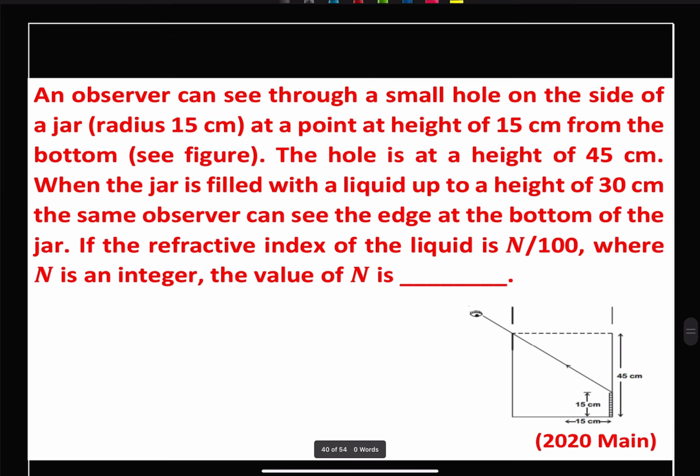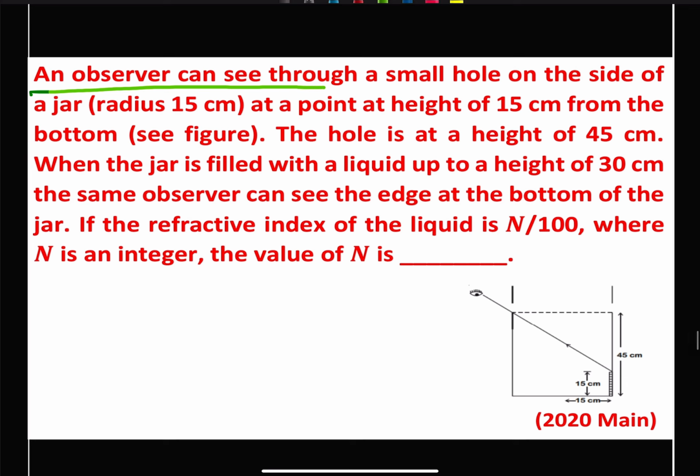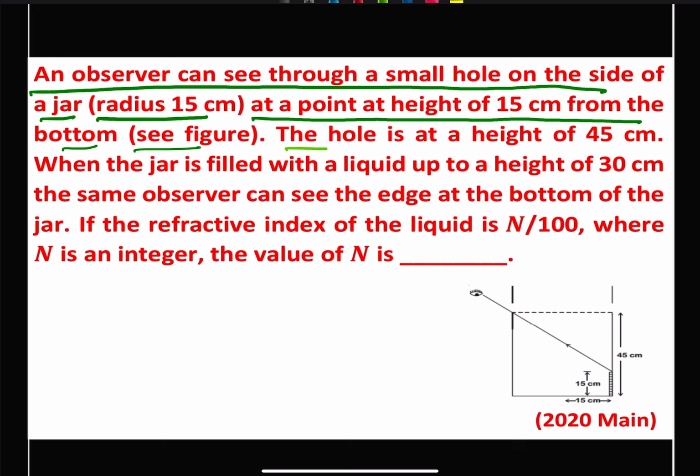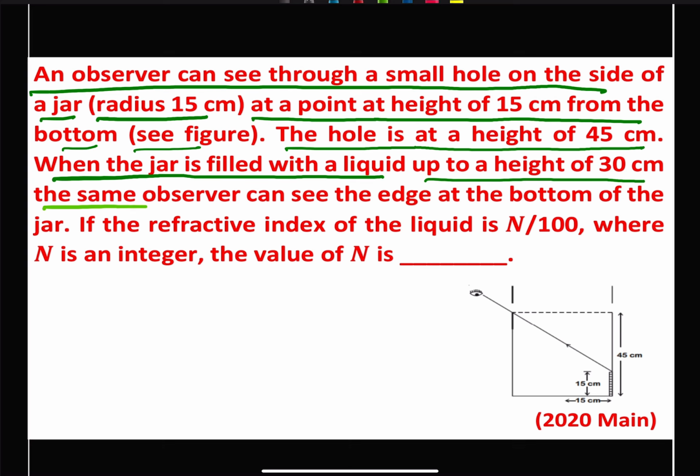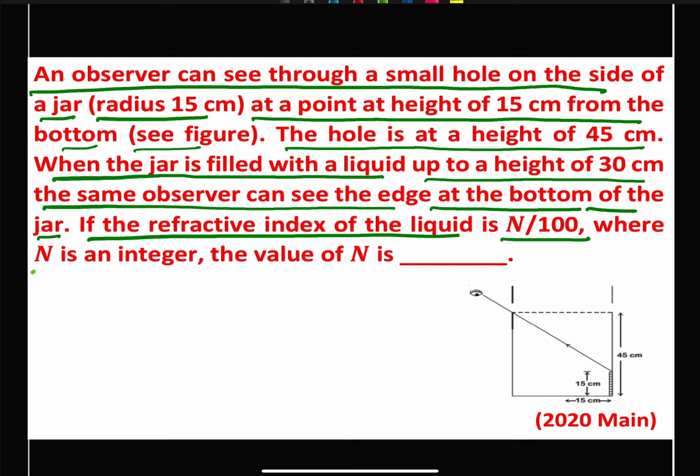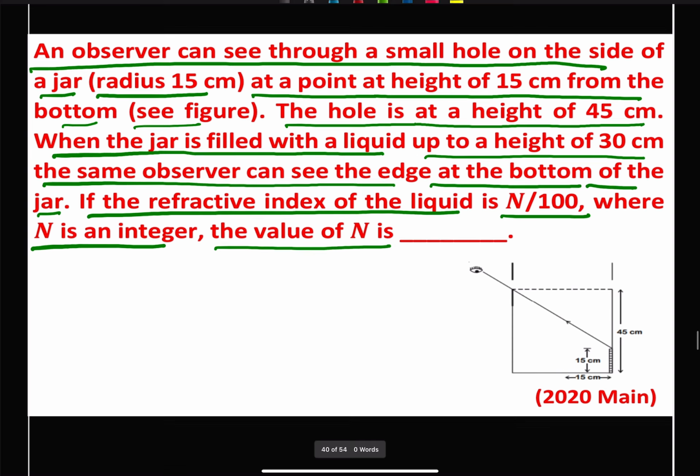Next question. We are given that an observer can see through a small hole on one side of a jar, radius 15 centimeter, a point at height 15 centimeter from the bottom. See figure. The hole is at a height of 45 centimeter. When the jar is filled with liquid up to a height of 30 centimeter, the same observer can see the edge at the bottom of the jar. If the refractive index of the liquid is n upon 100, where n is an integer, the value of n is. So we are given the figure,